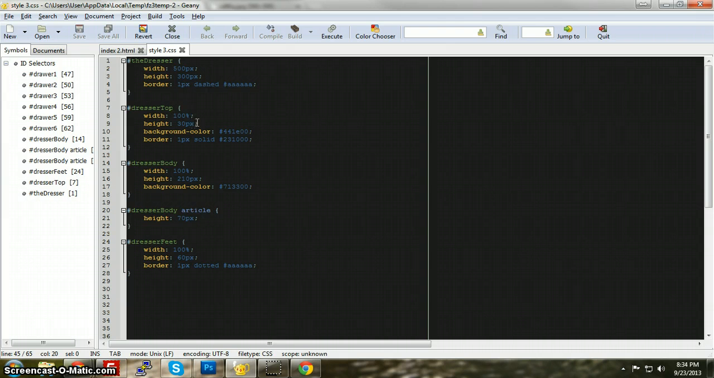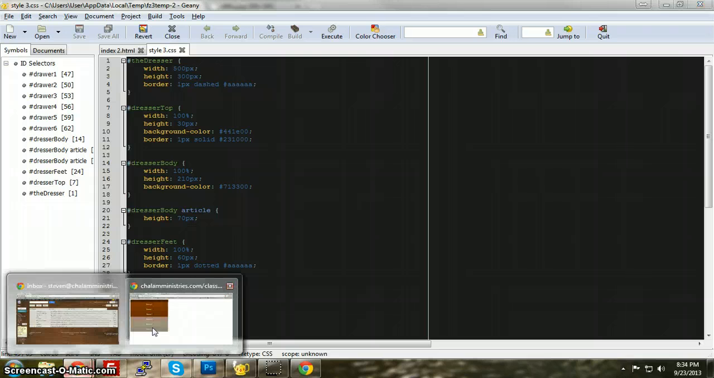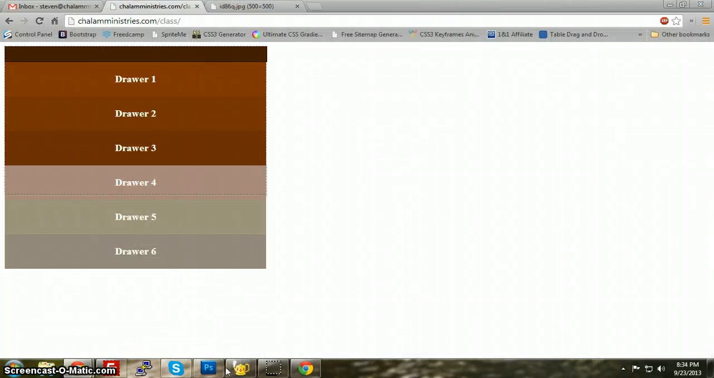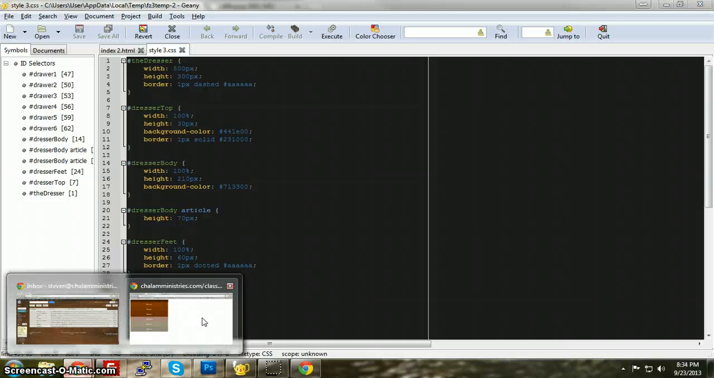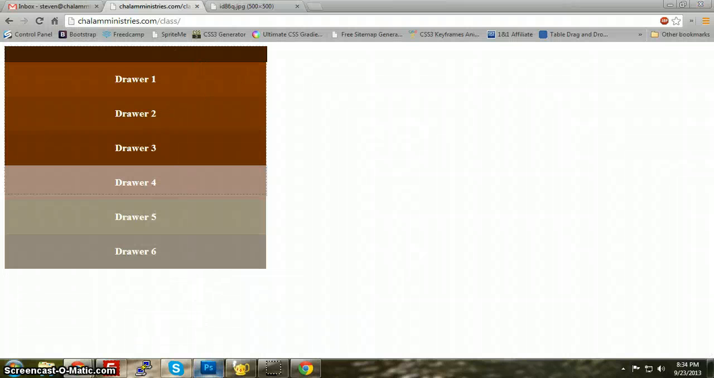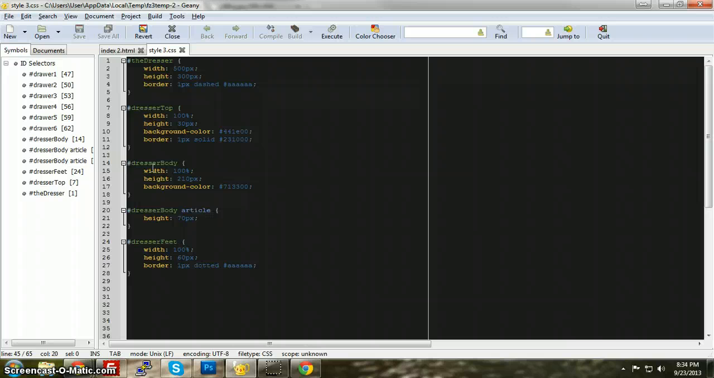Now I gave it a height of 30 pixels just so it gives it a little bit of depth. See, it looks like it's the top, okay? And of course I colored it so that we knew what it was, and I gave it a little bit of a border so we can actually depict that it is a dresser top, okay? Now our dresser body, of course, which is the section in which the drawers go, goes width 100%, right? And then the height,